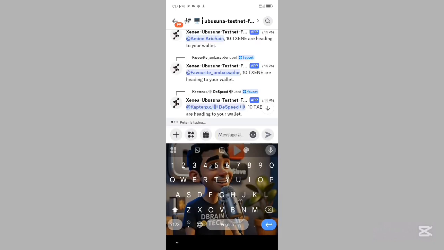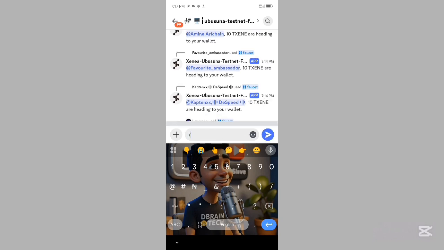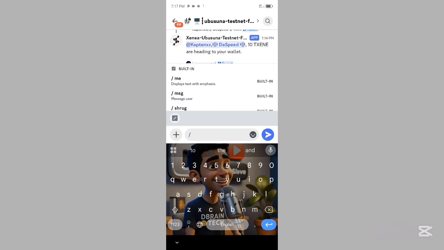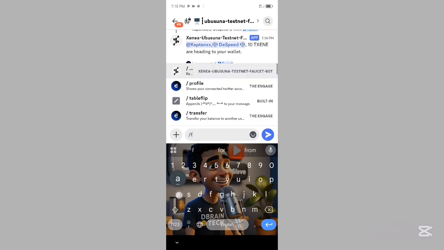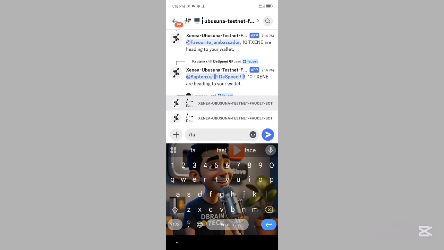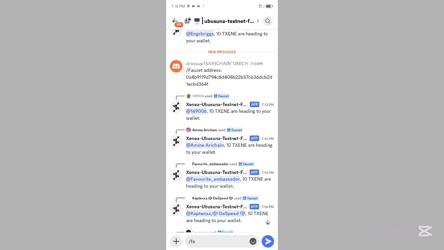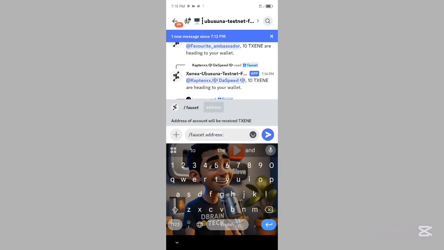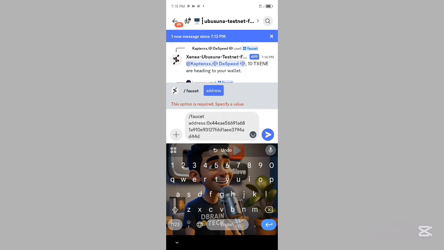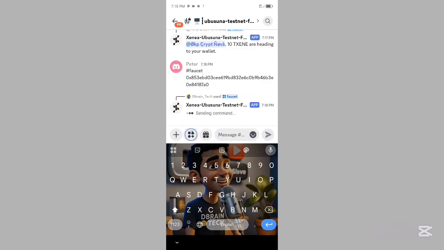So here what you need to type is slash faucet, right? Wallet is F. You type FAU, you can see we can tap on any one of them, right? These two, then we can tap on it. So you tap on the first one. So here then you paste the address we copied from our OKX wallet, or if you do it on your MetaMask, you paste the same address you copied from the wallet. So after that you send it, right? So you can see